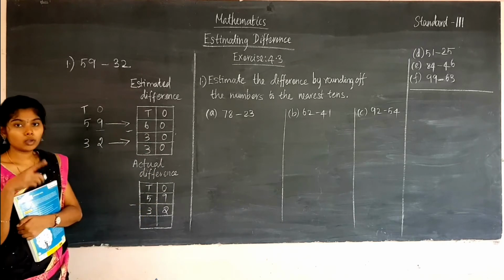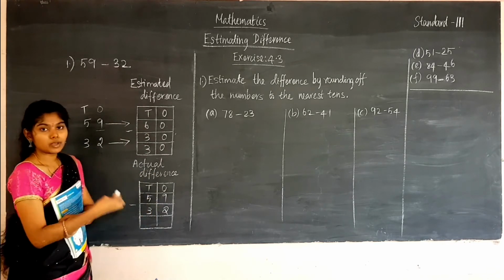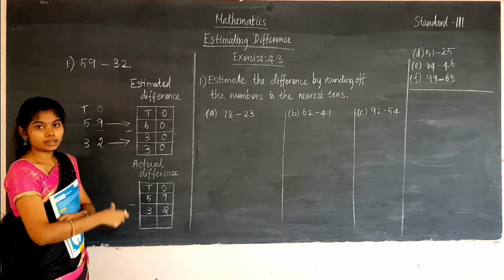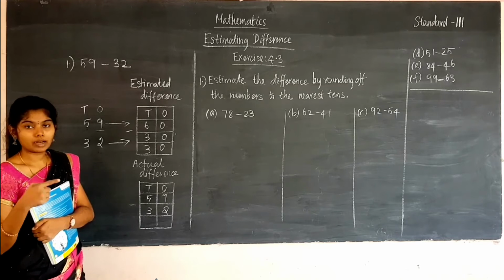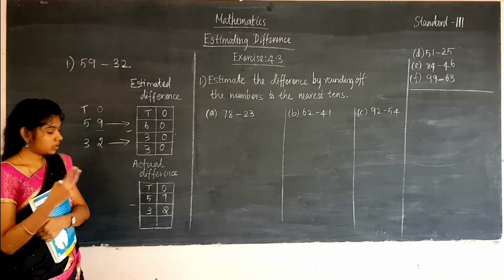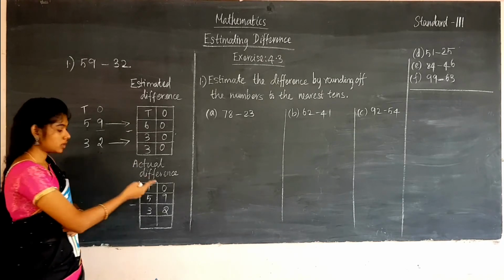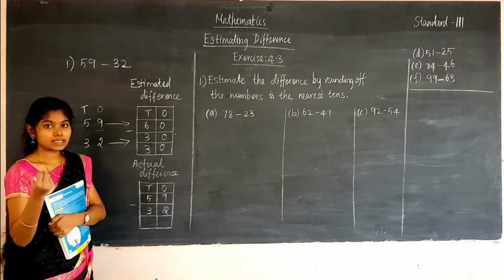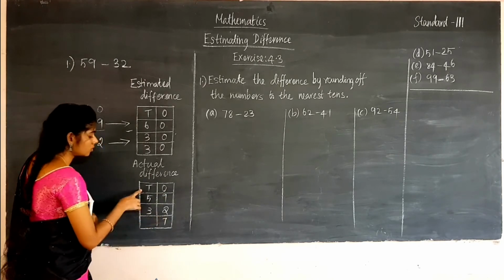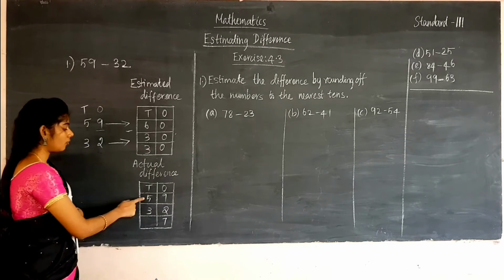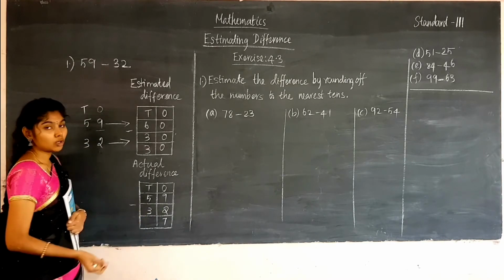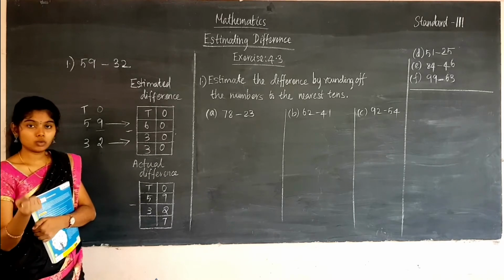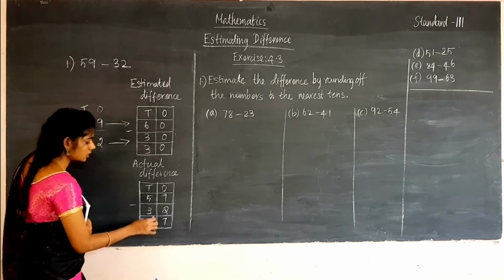Now you have to subtract these numbers, first in the ones place and then in the tens place. First ones place, 9 minus 2. 9 minus 2 is 7. 9 in the mind and 2 in the fingers. You have to say the numbers before 9, which are 8, 7. So write 7. Now in the tens place you have to subtract 5 minus 3. 5 in the mind and 3 in the fingers. You say the numbers before 5, which are 4, 3, 2. So you get the answer 2, which is somewhat near.